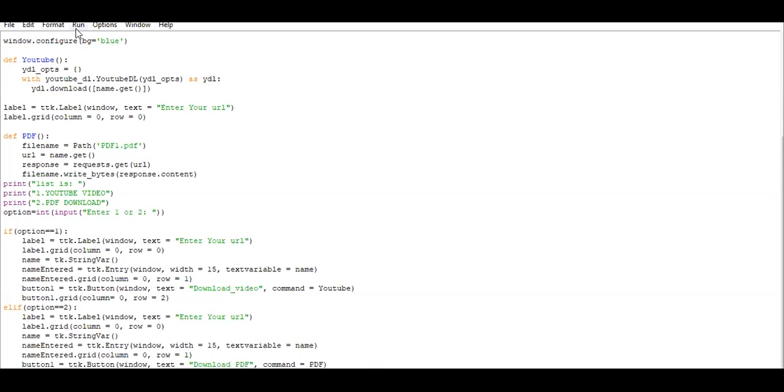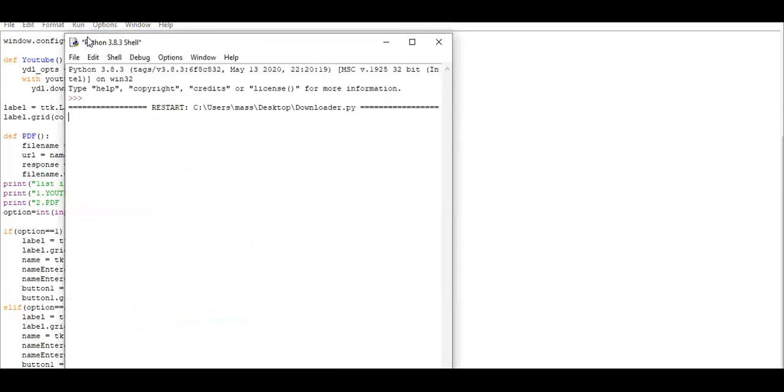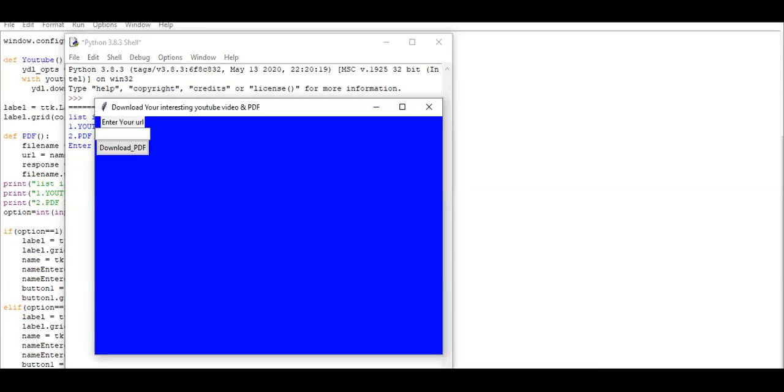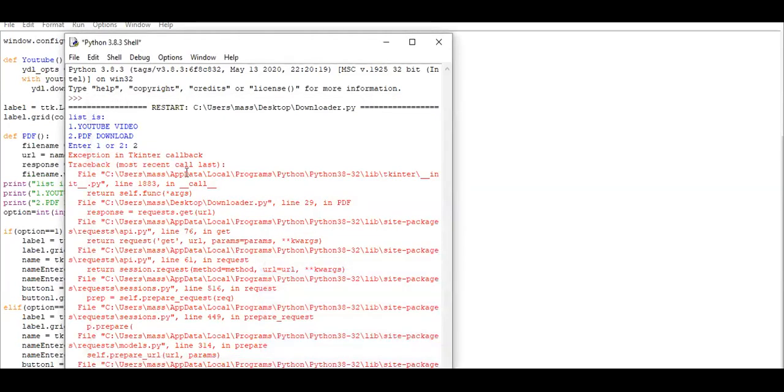I just run it again and show you, choosing option 2. You can see here I am choosing PDF download now. Download PDF is my button. If I don't give any URL and I click, it will give an exception and errors here.